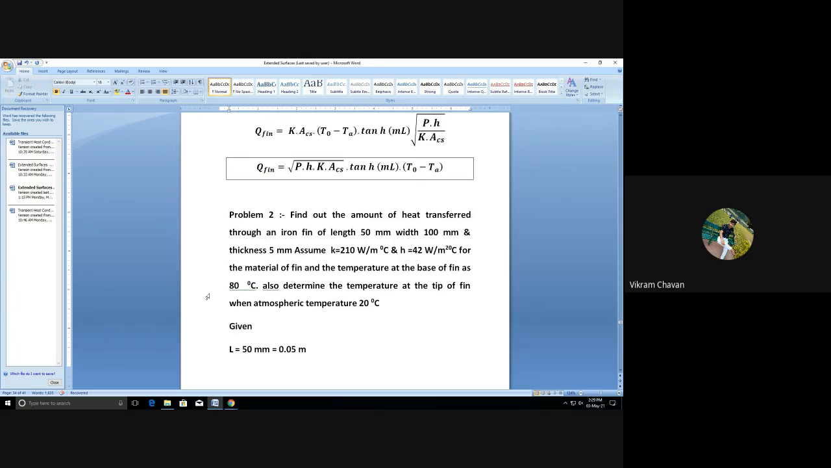Find out the amount of heat transfer through an iron fin